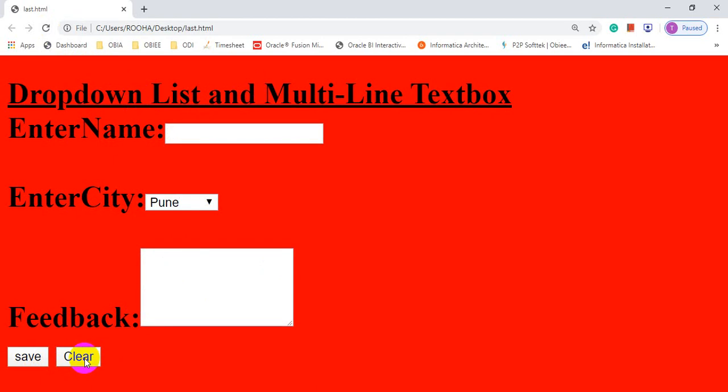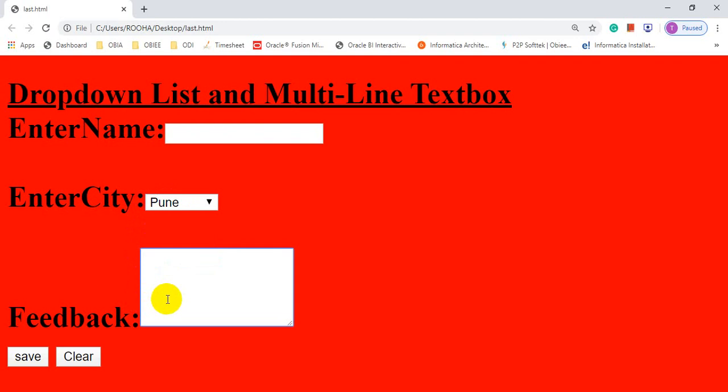Okay students, we have completed our today's topic. First we have seen how to create this tool, that is a drop down list, by using the select tag and option tag. Select tag is the main tag and option tag is a sub tag, with which, if you want to add n number of items, we have to use the option tag. Okay, option tag is used to add the list items.